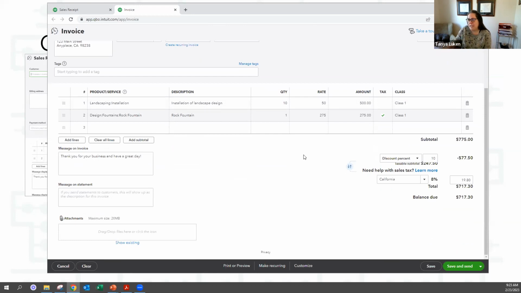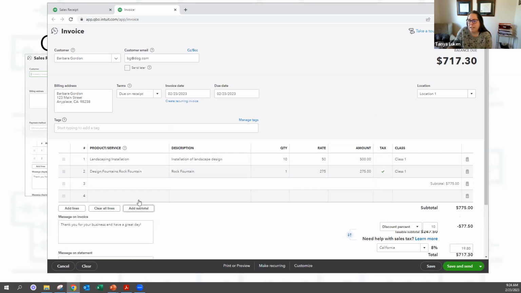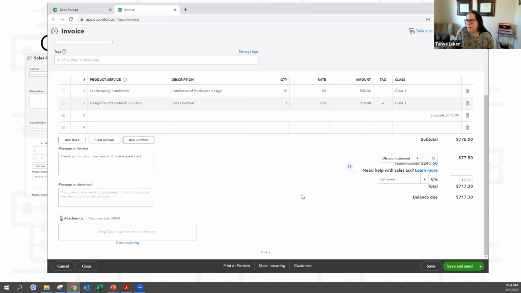So, okay. The couple other things, when you're doing these, if you want to, you can add a subtotal, which is kind of nice. So if you're doing like, here's your fountain, here's your sprinkler irrigation, you can then create subtotals throughout your invoice, which is kind of nice. And if you collected deposits from customers, you could turn that feature on as well. And then there would be a deposit box here that would show how much you collected in the deposit previously.